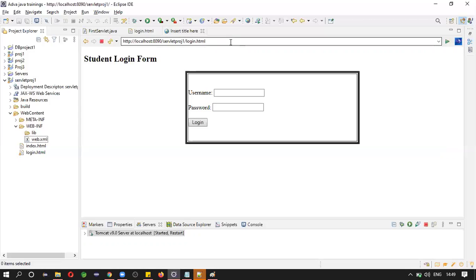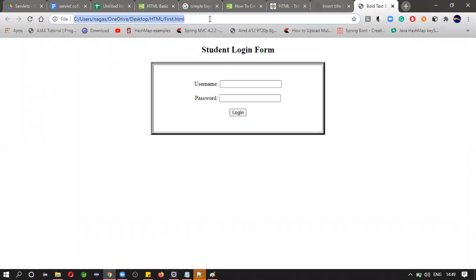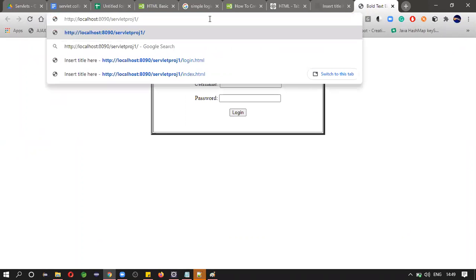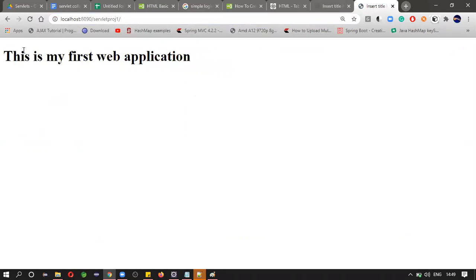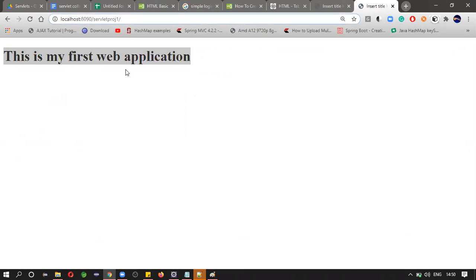Let me restart this application, or refresh this. Now I'm removing this login.html. So this is the home page whenever you run the application, or call this URL. I'm taking a new page. Control V, enter. This is the default page which will be displayed whenever you request this application. Here you will display the home page or login page, whatever you are interested to display.